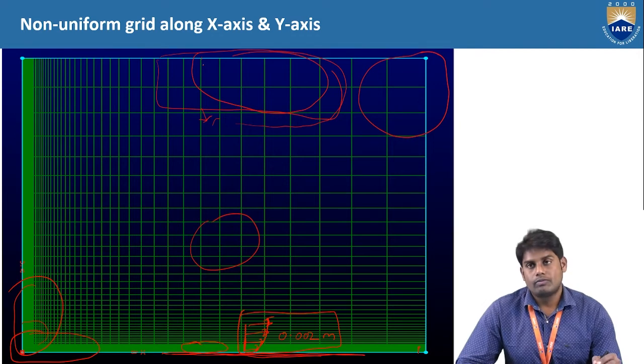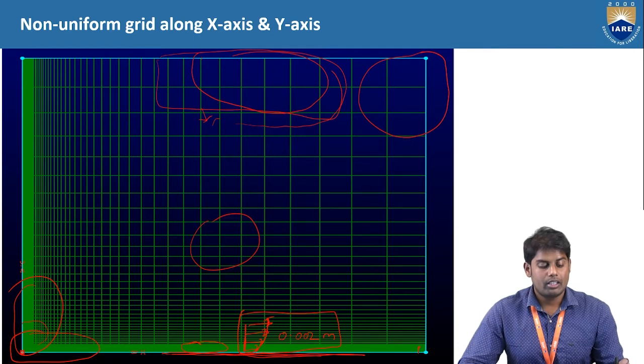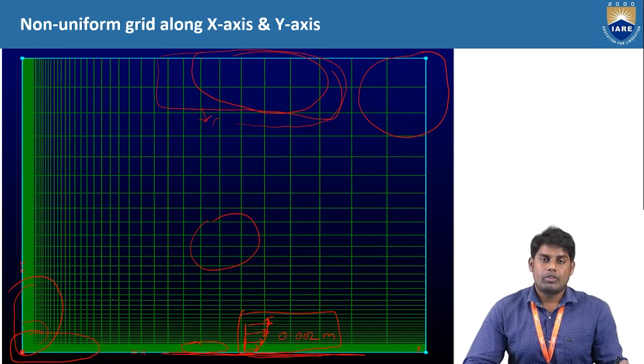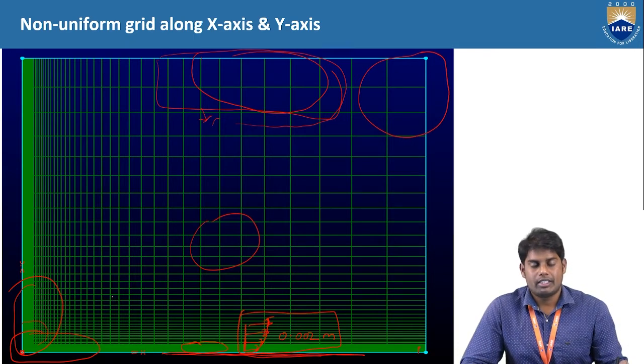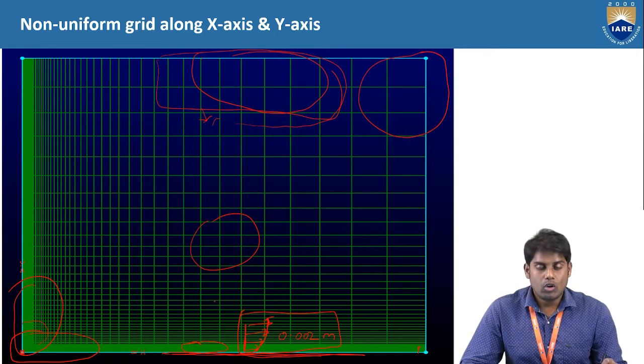Okay, so this is a crude estimation, but if you go conceptually according to the mesh techniques, you need to actually calculate what should be the length along the x-axis and along the y-axis, so basically boundary layer things, and then go for the meshing or the grid techniques.